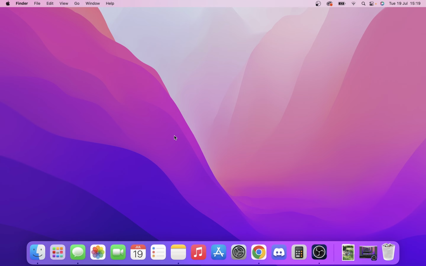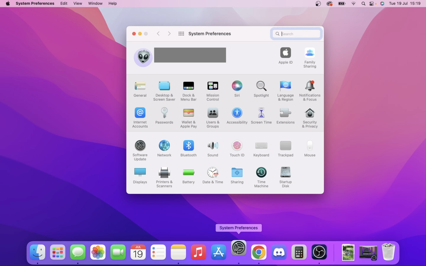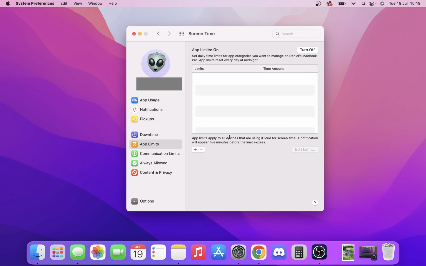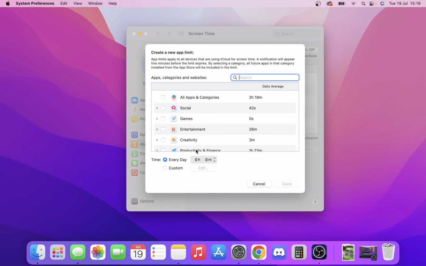So all we want to do first of all is go to System Preferences. Now once we're in System Preferences, we want to look for Screen Time. Click Screen Time, and then on the left hand side near the bottom you're going to see App Time Limits. Then once you're here, you're going to want to just click the plus, and we're going to want to find